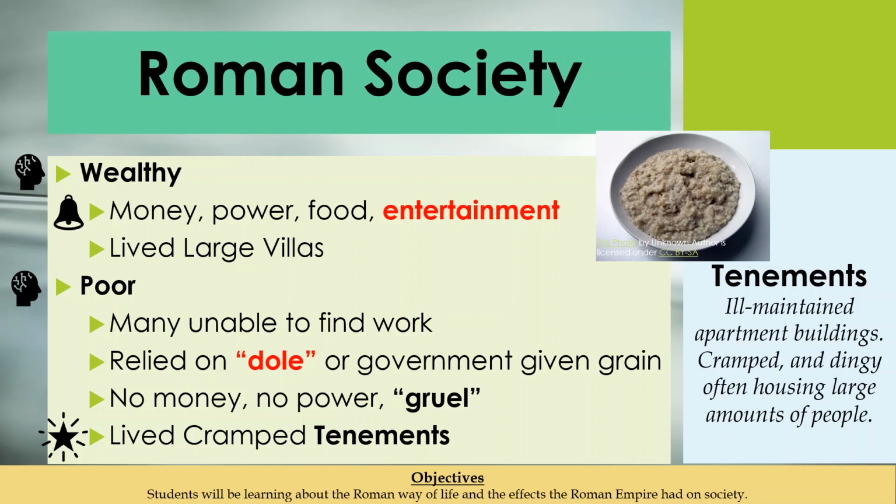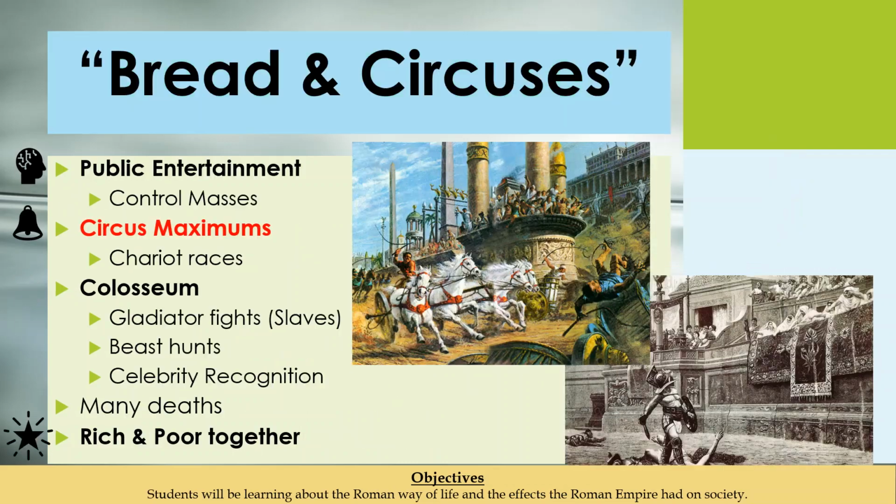Gruel is basically watered down porridge that would be used at the time. In addition, they would often live in cramped tenements. Tenements were ill-maintained apartment buildings that were cramped and dingy and often housed a large amount of people in a small space. This resulted in a lot of tension between the two groups,